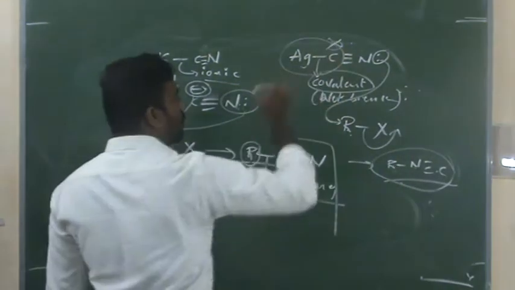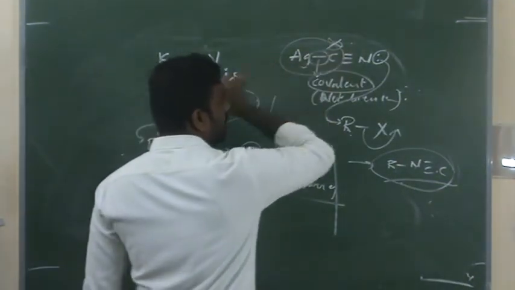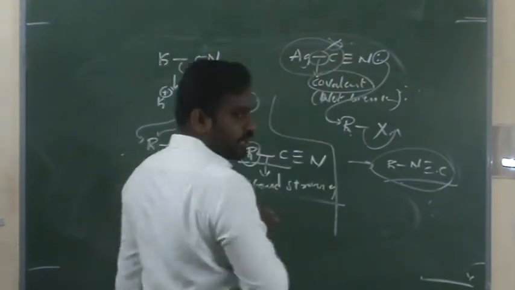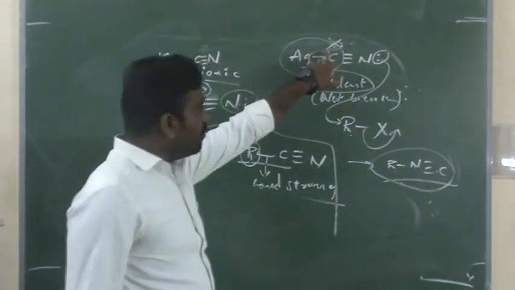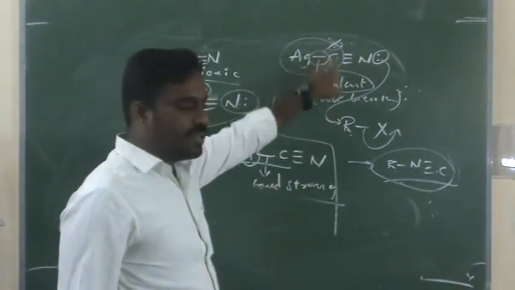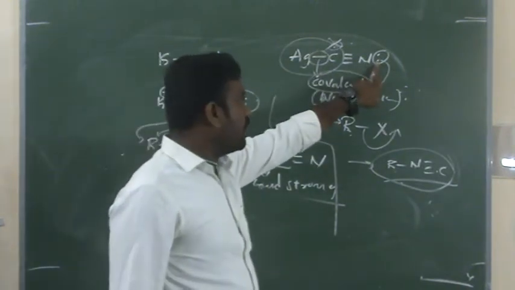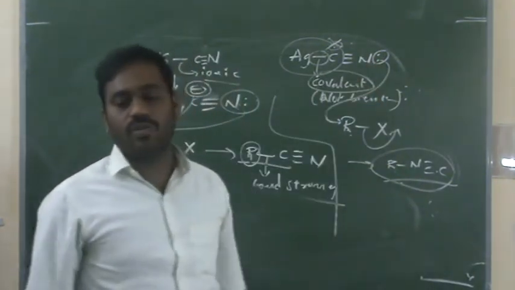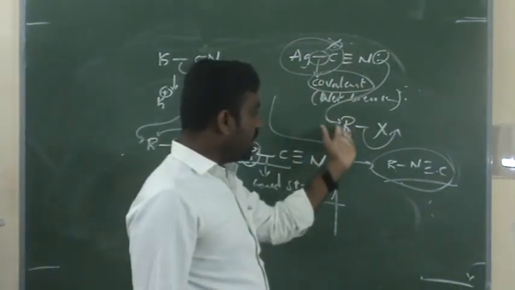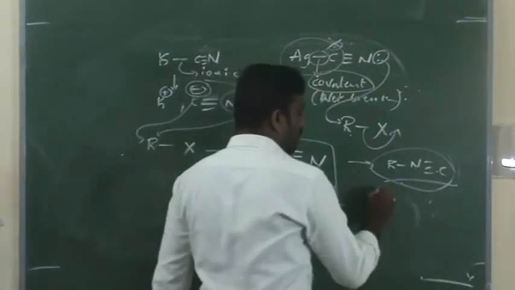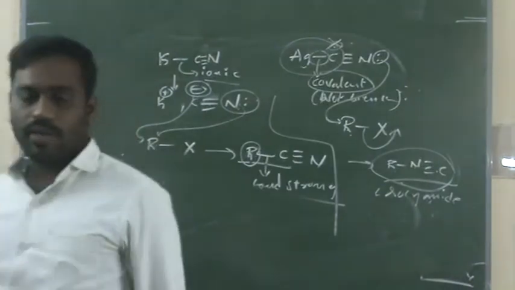Why is carbon here not able to make the bond with R? Because the bond between the Ag and the C is not possible to break, because it is covalent. If it is not possible to break, we are not getting any lone pair of electrons. If it is not getting any lone pair of electrons, then that lone pair is not possible to donate to R. Are you following? But who is ready to donate the electrons to R? Nitrogen has excess electrons to donate to R. Then this nitrogen gives the electrons and makes the bond with R, and the formation is of isocyanides. This is a very important concept.